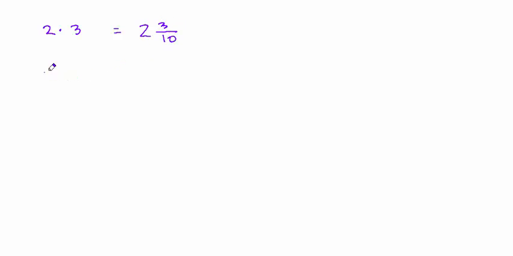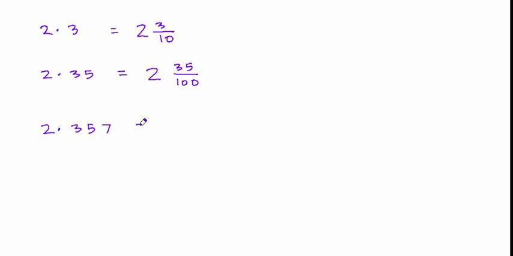The decimal number 2.35 is equal to the mixed number 2 and 35/100ths, and the decimal number 2.357 is the same as the mixed number 2 and 357/1000. So the portion of the decimal number that's to the left of the decimal point becomes the whole number